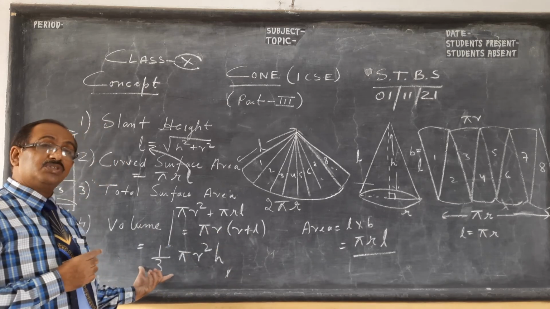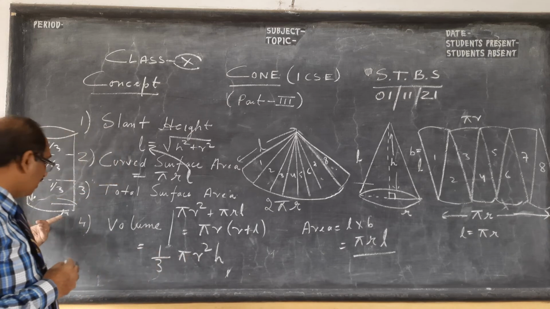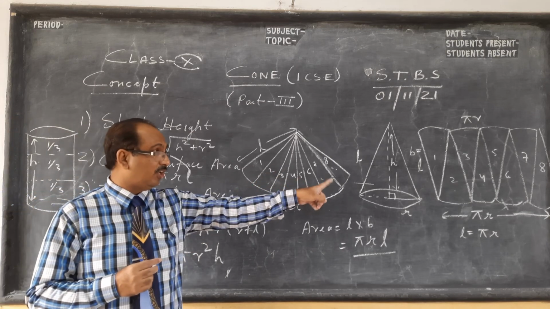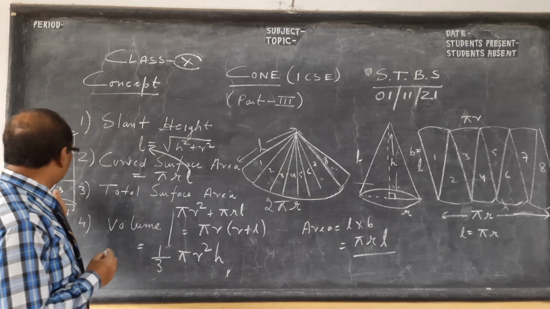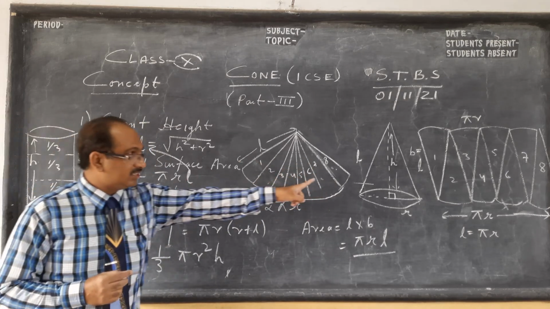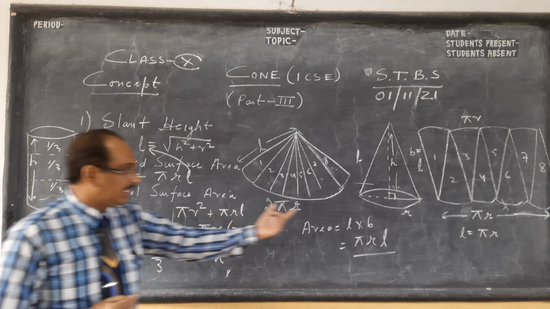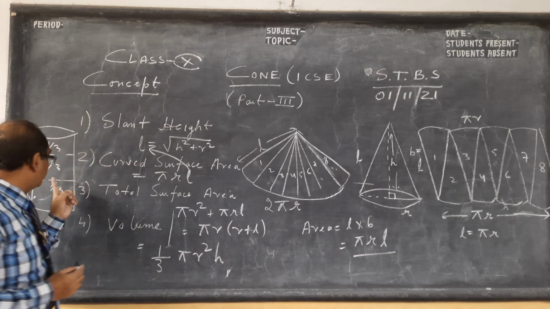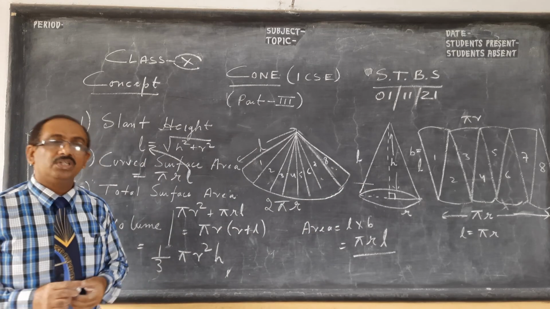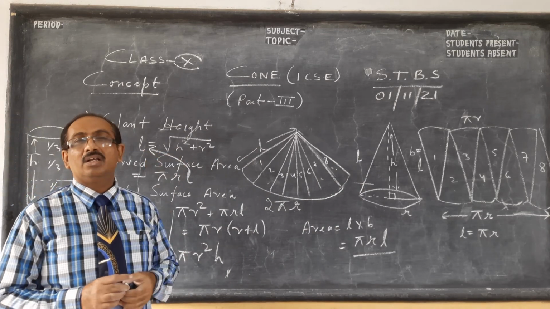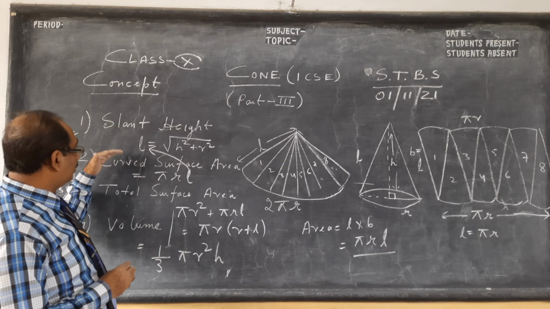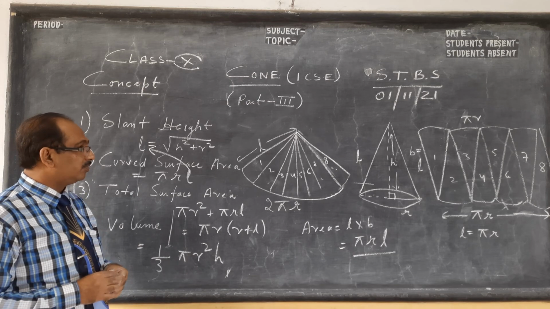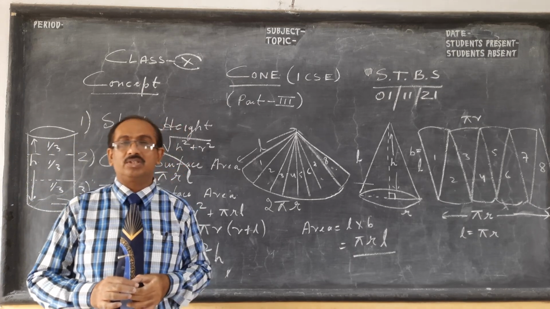And the last but not the least, the volume of a cylinder is pi r square h, whereas the cone is 1/3 pi r square h, because the cone's volume is 1/3 of the volume of a cylinder whose radius of the base is the same as that of the cone, and height means this height, not slant height, is equal to this height of the cylinder. So here we have learned why we have a different formula for the cone, and next we will do a few sums to clarify the concept.